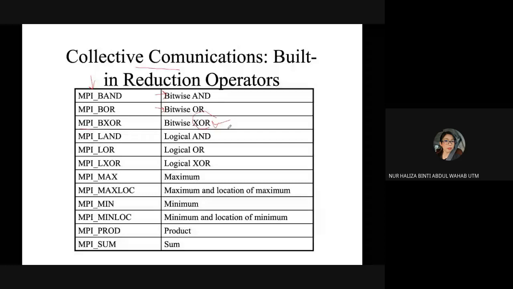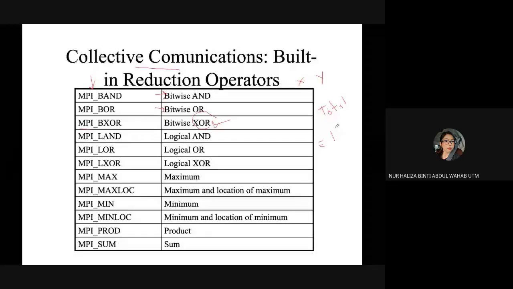Maybe it just says you have two integers X and Y, and you need the output to be a value of 1 if your X and Y values are similar. The instruction is quite confusing, but basically, if you see this is kind of an operation, you can use this function.